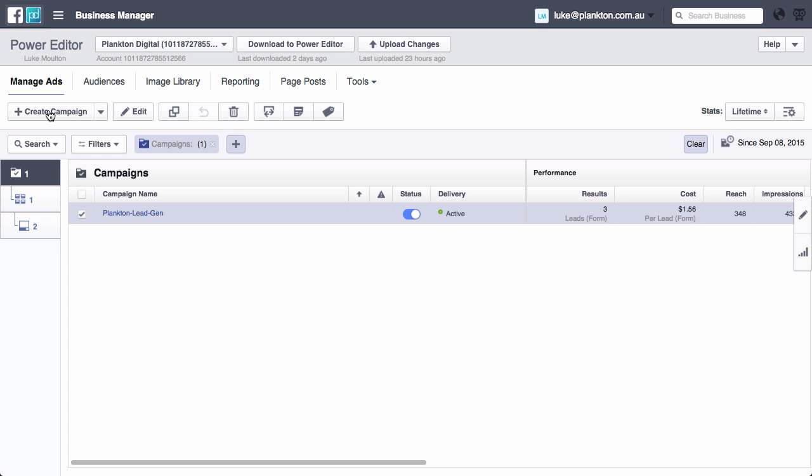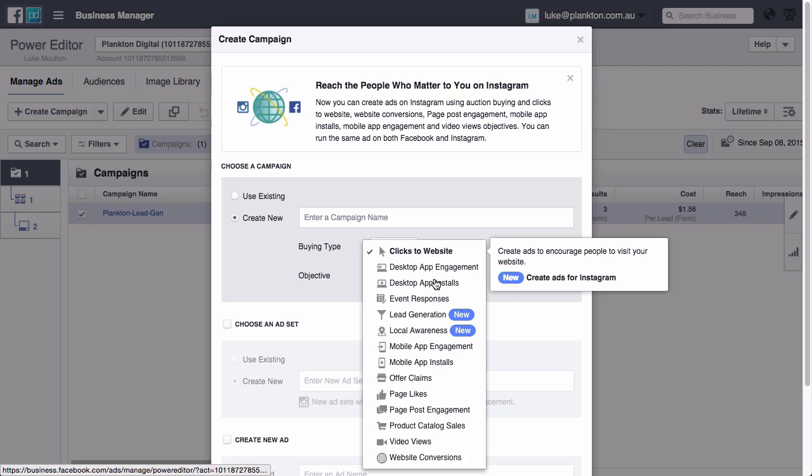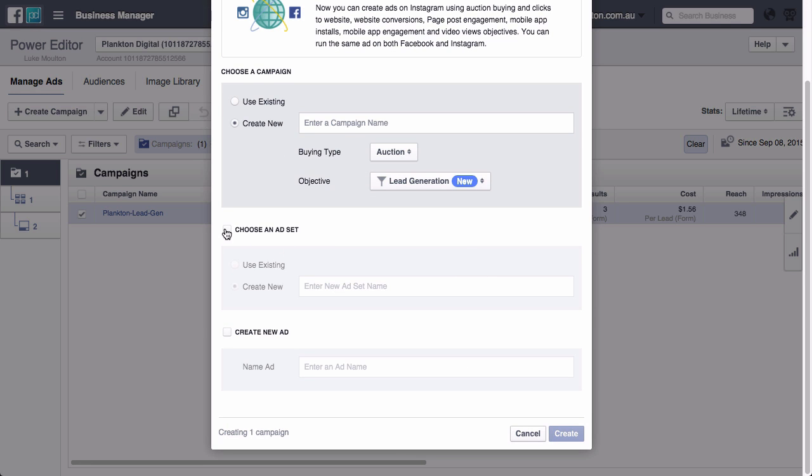First of all, I'm going to create a campaign, and I'm going to select the lead generation option there. I'm going to choose an ad set, and I'm actually going to make this a remarketing lead gen campaign. I'm certainly finding that using lead generation campaigns as part of a remarketing campaign is really quite effective, because you're